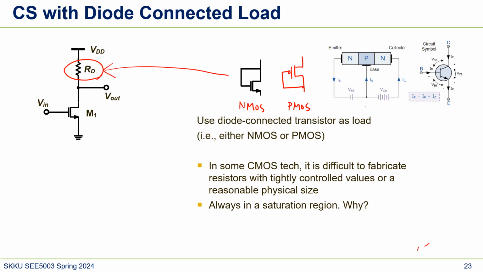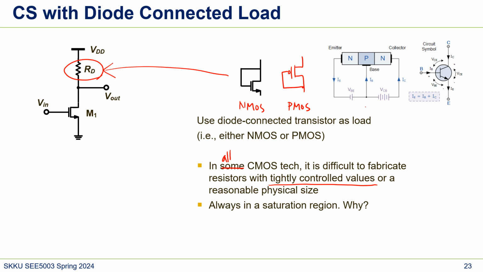As I said before, in all CMOS technology it is difficult to fabricate resistors with tightly controlled values. It means it's really hard to get an absolute resistor value at a reasonable physical size. If you want to make a resistor big, with high resistance, it requires a lot of area. So that's not good. We're going to replace our resistor with a MOSFET, and one way to do that is